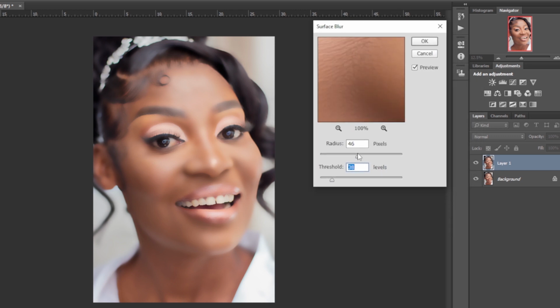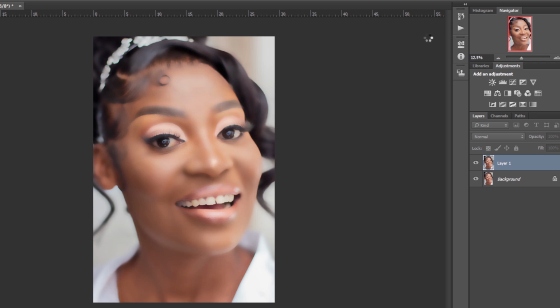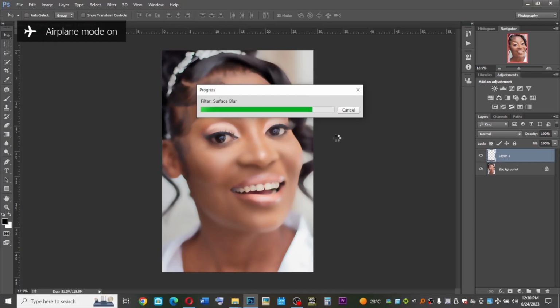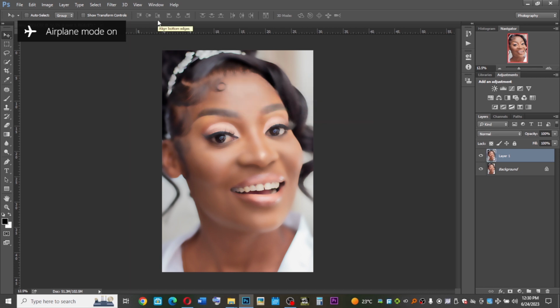Okay, so here you need to ensure that radius is somewhere in between 30 and maybe 50. So as you can see here, I've put the figures as for radius I've put 46, and then threshold I've put 38, so I need to press OK. Okay, so surface blur is applied to the image. So the next step that I need to do is to